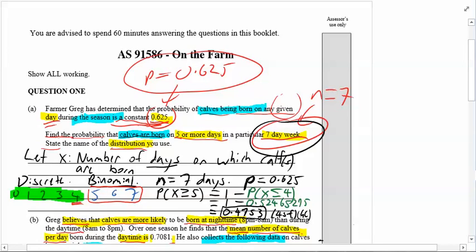Well, that probably means, I mean, obviously calf births are going to vary from season to season. We know that. But if it's within a season, we can probably assume that what happens on one day is not going to affect another day chosen at random. Now, there are some exceptions, and some students came up with some good answers here. Like, for example, if you know roughly how many are going to be born over the course of a season, which obviously is going to depend on the number of cows you've got and a whole bunch of other stuff,